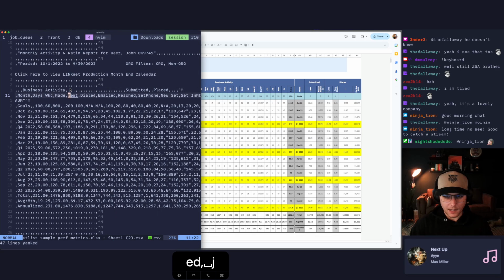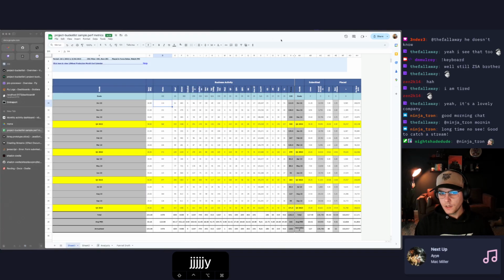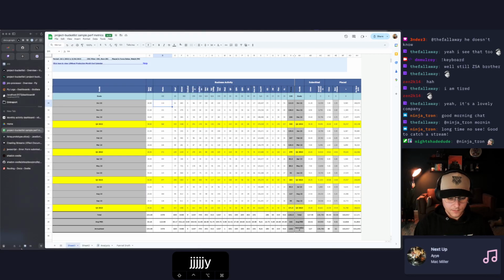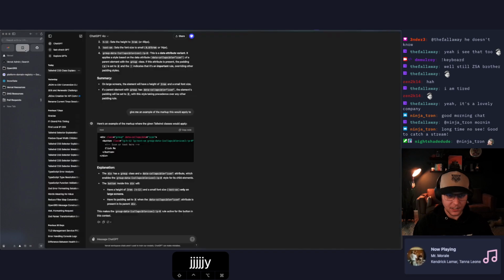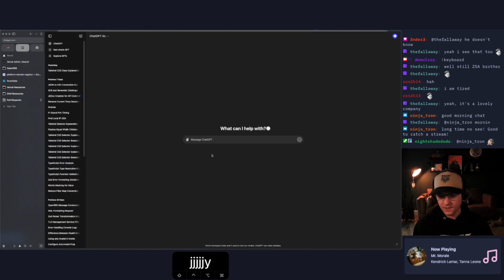So let's say we grab that data there, and let's go to ChatGPT. ChatGPT is good at picking out patterns. So let's come here and say, can you explain where the 114 value